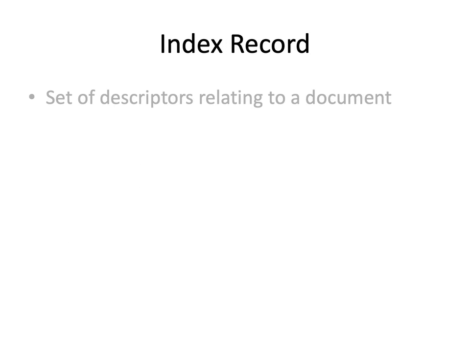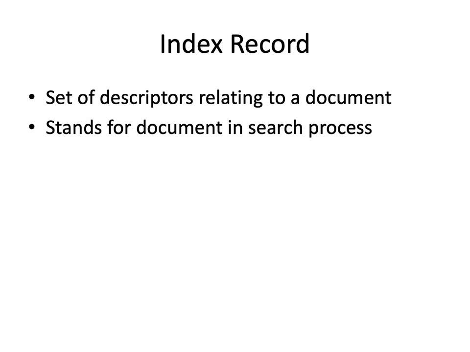The index record is a set of descriptors relating to a document. That seems to make sense. It stands for the document in the search process. That is, one descriptor or a set of descriptors are all that is searched. Instead of having to walk into the stacks of a large library or go one by one through all the files in a digital database, one can simply go through these representations, these descriptors. For example,